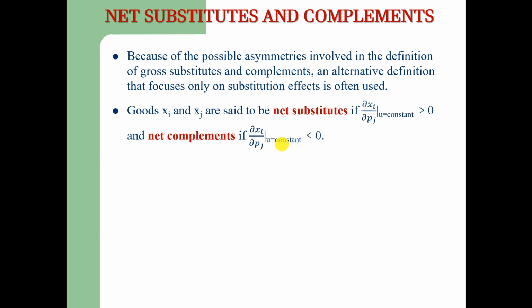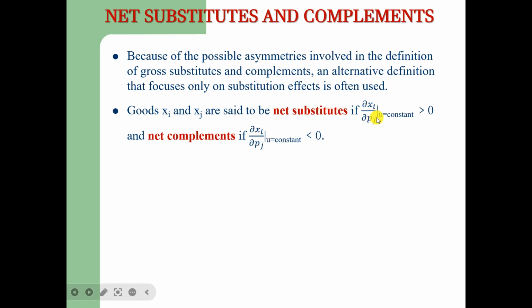Because the previous analyses showed that X and Y in panel A were gross substitutes, whereas in panel B, X and Y were gross substitutes, but actually there may be another kind of relationship if we consider net substitutes and net complements. Goods Xi and Xj are said to be substitutes if partial of Xi with respect